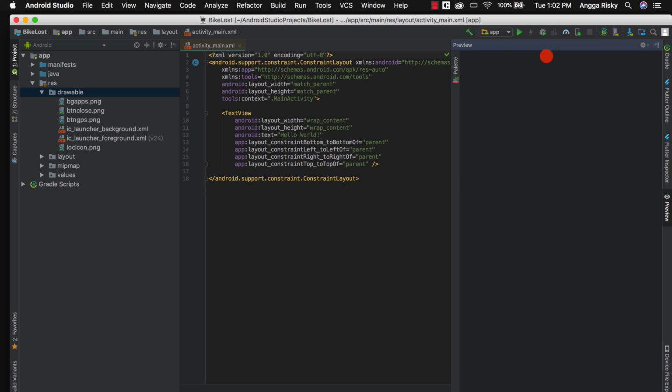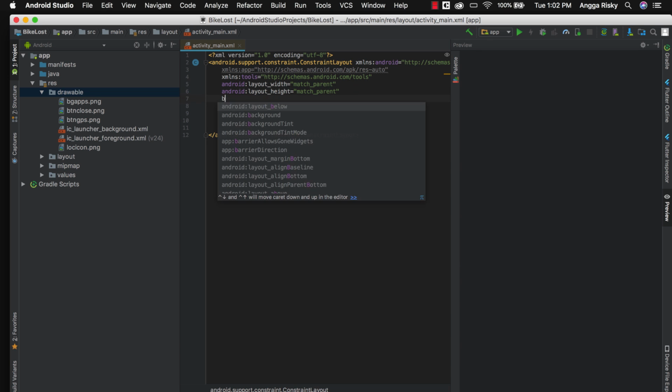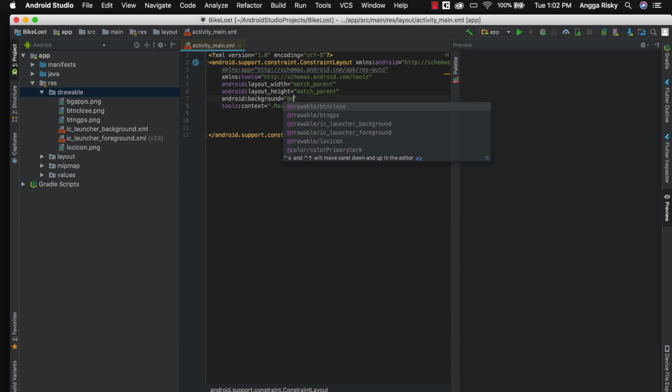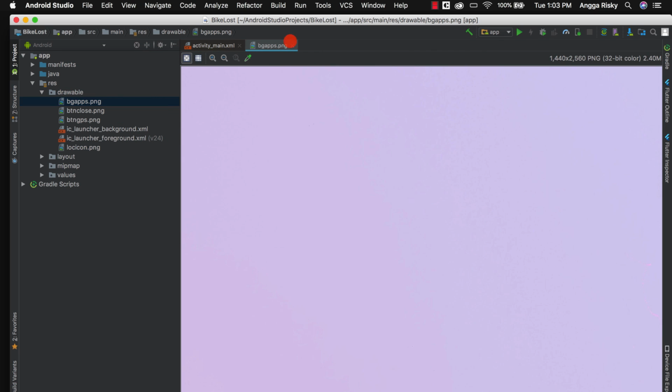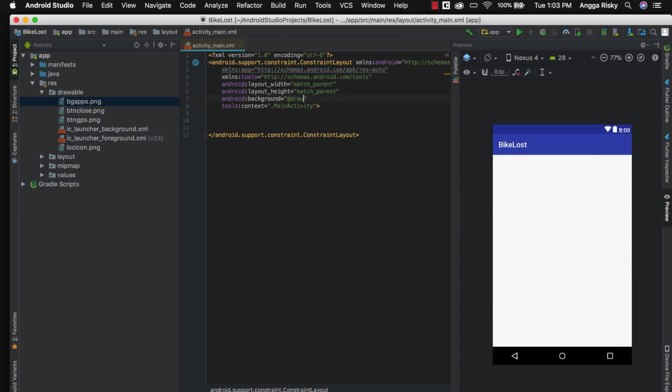Let's start to design this layout with the constraint layout. I need the background, so just use the background apps, drawable and BG apps. Oh, why am I not able to make this? Please wait.